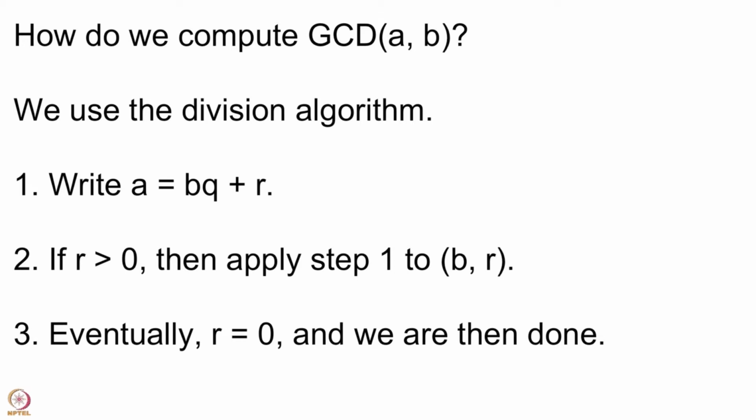Okay. So, what we have to do is the following thing, we start with a and b. Assume that a is bigger than or equal to b and apply the division algorithm for the pair a and b to get a as bq plus r, alright. So, r now starts from 0, r can be 0, r can be 1, r can be 2, all the way up to r can be b minus 1. If r is 0, then we have got our GCD, which is b, because b divides a. Okay.